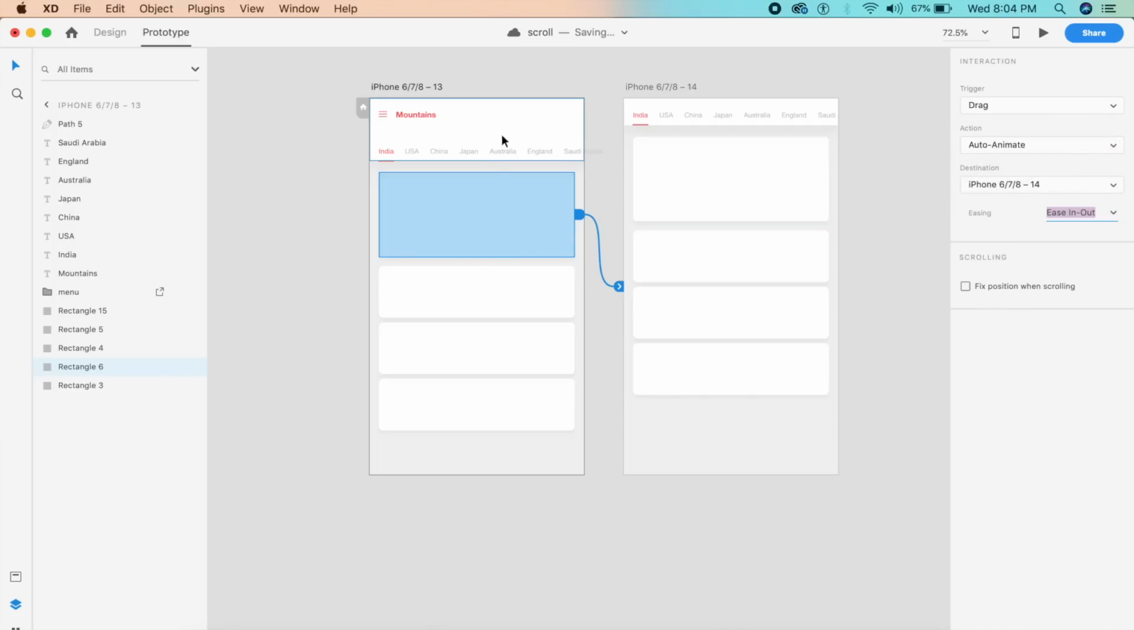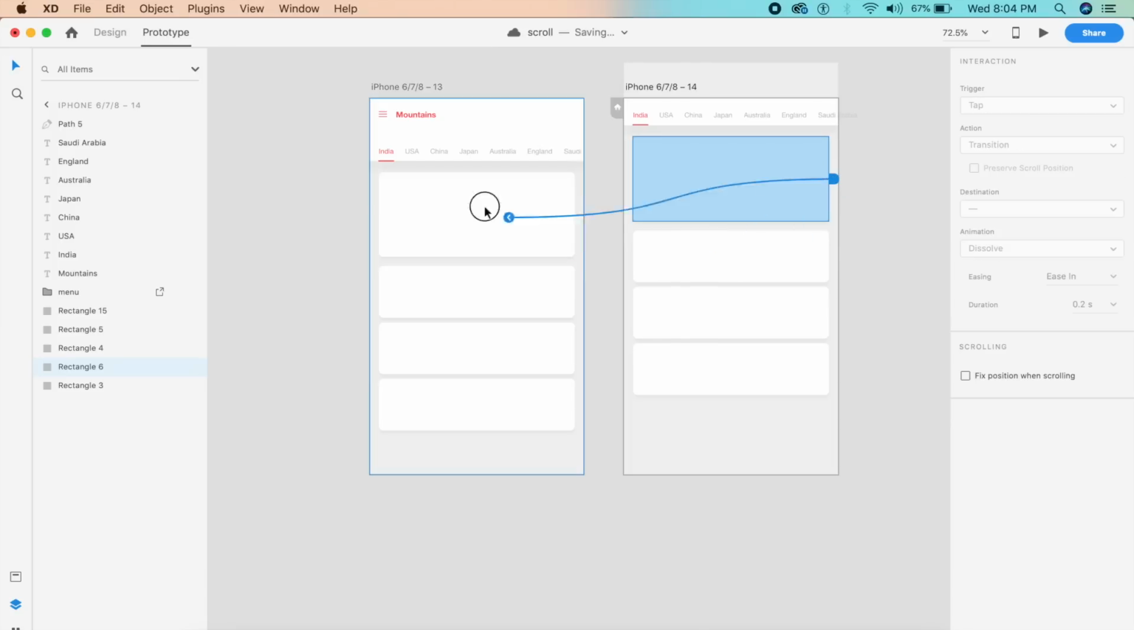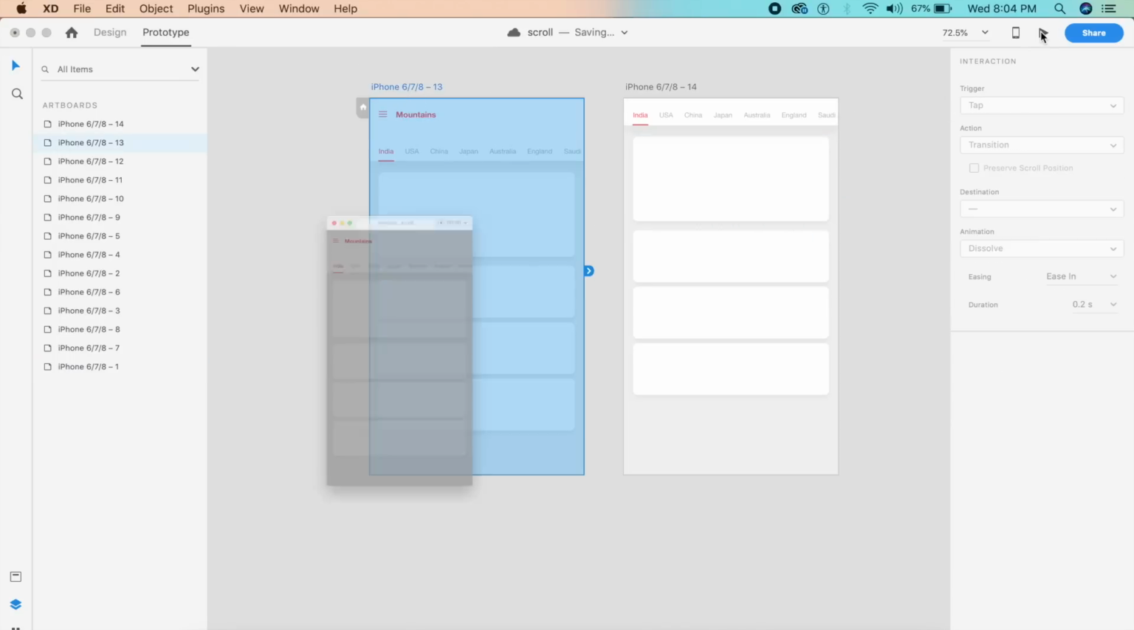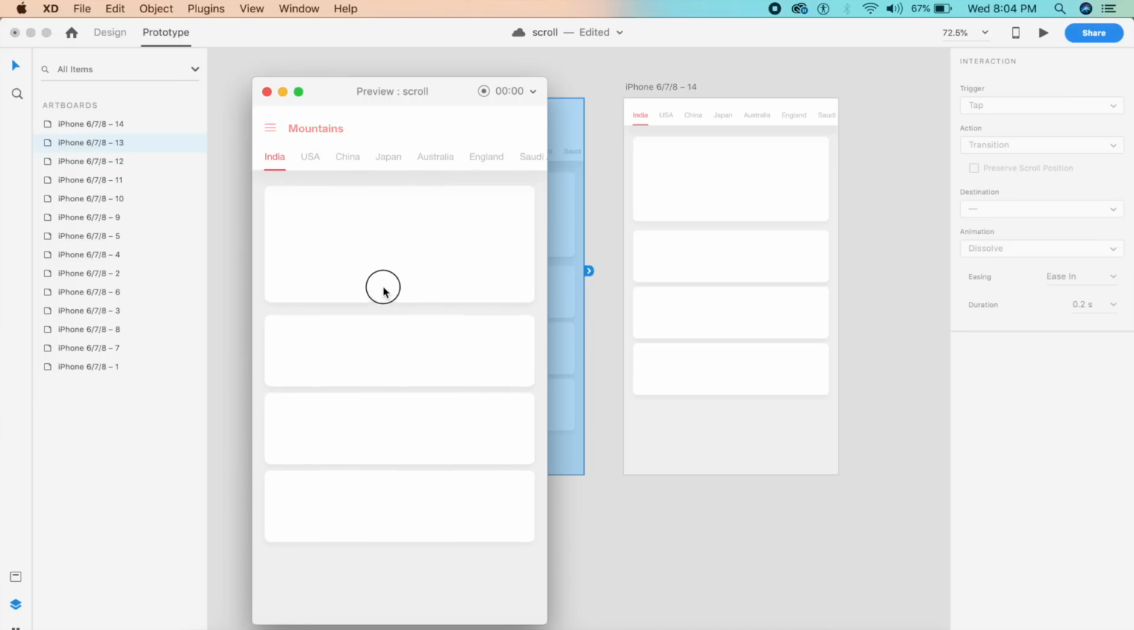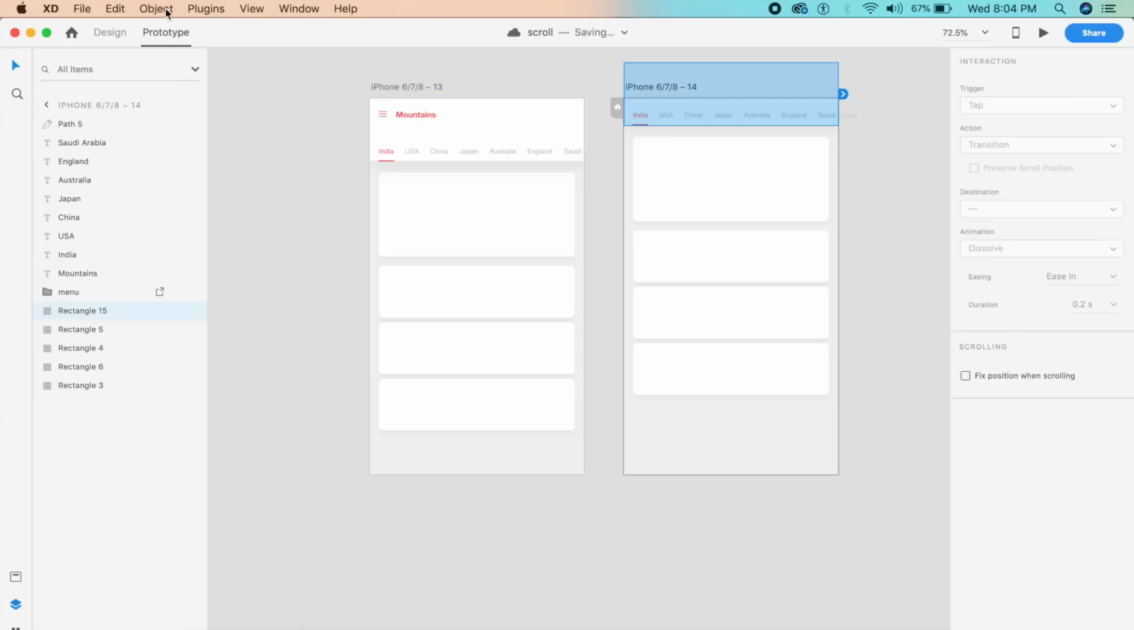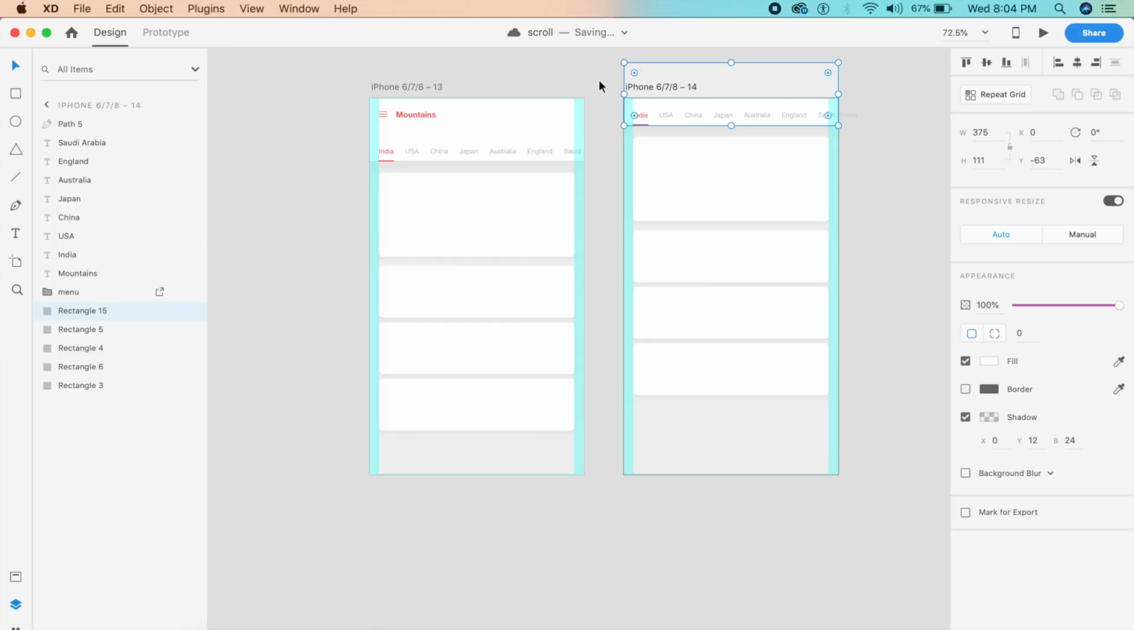And same for the second artboard, just bring it right back and it's already set up. So let's try this out. Let's prototype this. If I drag this just like that, see how it's now fixed. Now to make sure that this stays fixed, what I'm going to do is go back to design and just